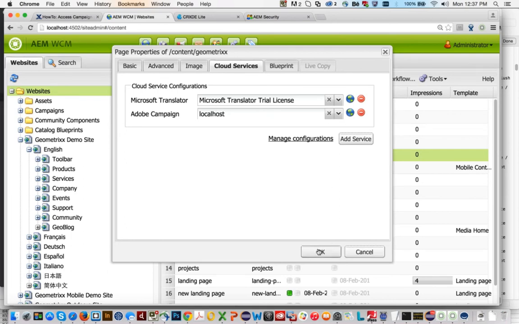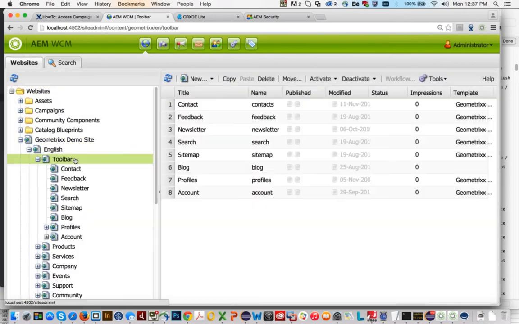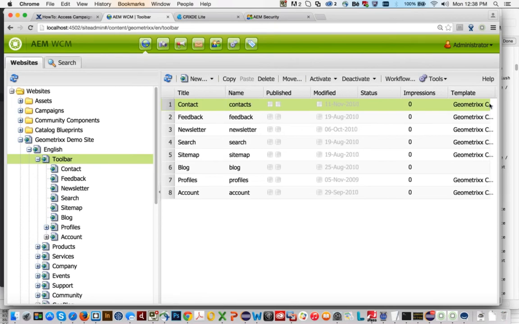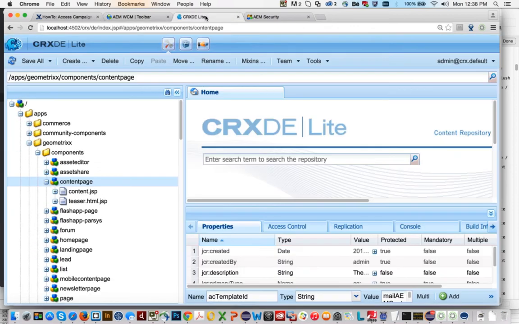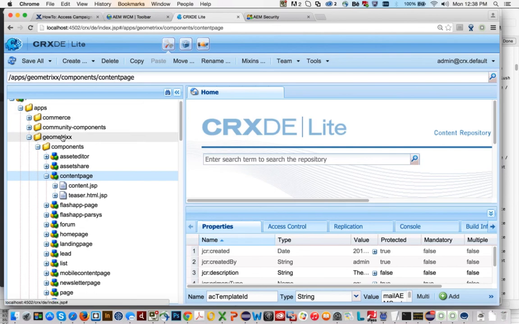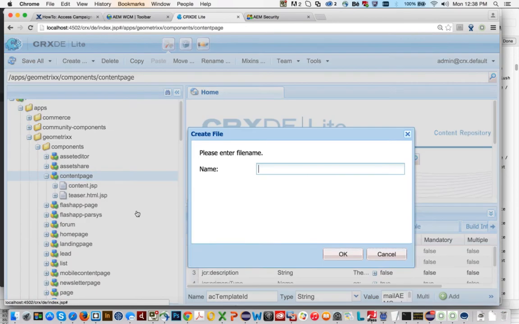So that's all right. And what I will do in here, I will use the contact page to show the user information. The contact page is of the type Geometrixx content page. As you can see here, a bit short to display. So I will go into Geometrixx, into CRXDE Lite, into apps, geometrixx, components, and I will add here a new file called content page.html,